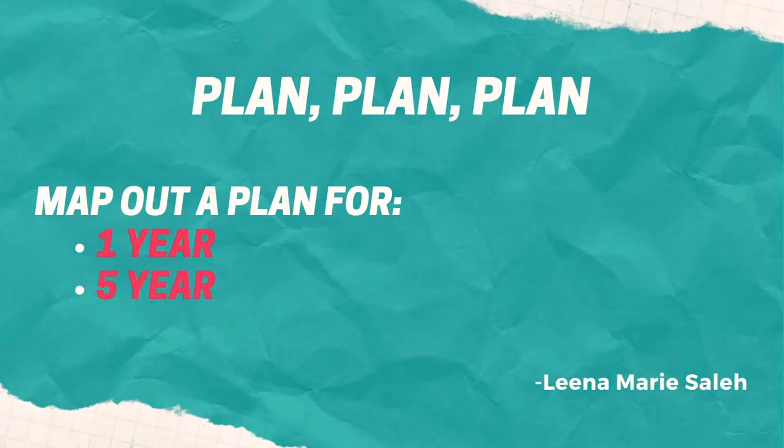So with your mission and vision statement, the next thing that you're going to come up with is a plan. You need to sit down and map out your plan. Where would you like to be at the end of 1 year and at the end of 5 years? Now, why do I say 1 and 5? Well, year 1 is the very hardest year getting started. Years 2 and 3, you'll start getting into somewhat of a groove. And by year 5, you'll be pretty ready to start looking at what's next.